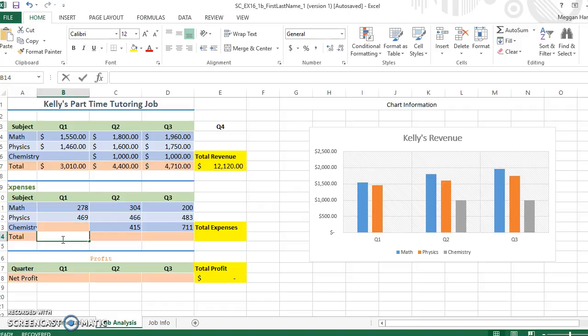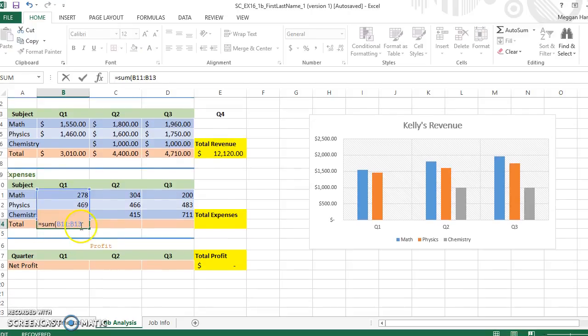All right, so let me just quickly build the sum down here. I'm just going to do it this way because it's pretty quick and easy. Oh, my cursor is all over the place tonight. All right, I wanted to show you what the fill handle is. So when I click back on this, you'll see that it's doing a sum of B11 through B13. All right, now I want to do the same thing over here, and I want to do the same thing over here. So when you move your cursor to the bottom corner, it changes to a plus sign. So when you do that, if you click and drag it,